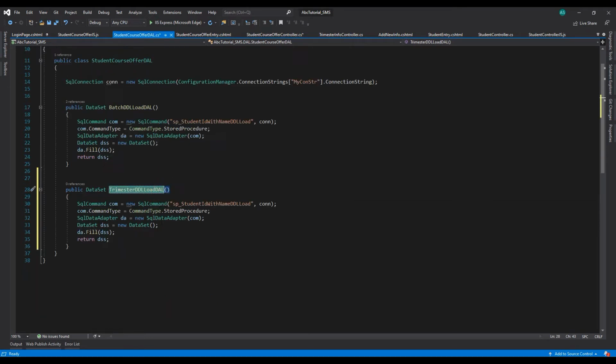And we need to create a stored procedure, so